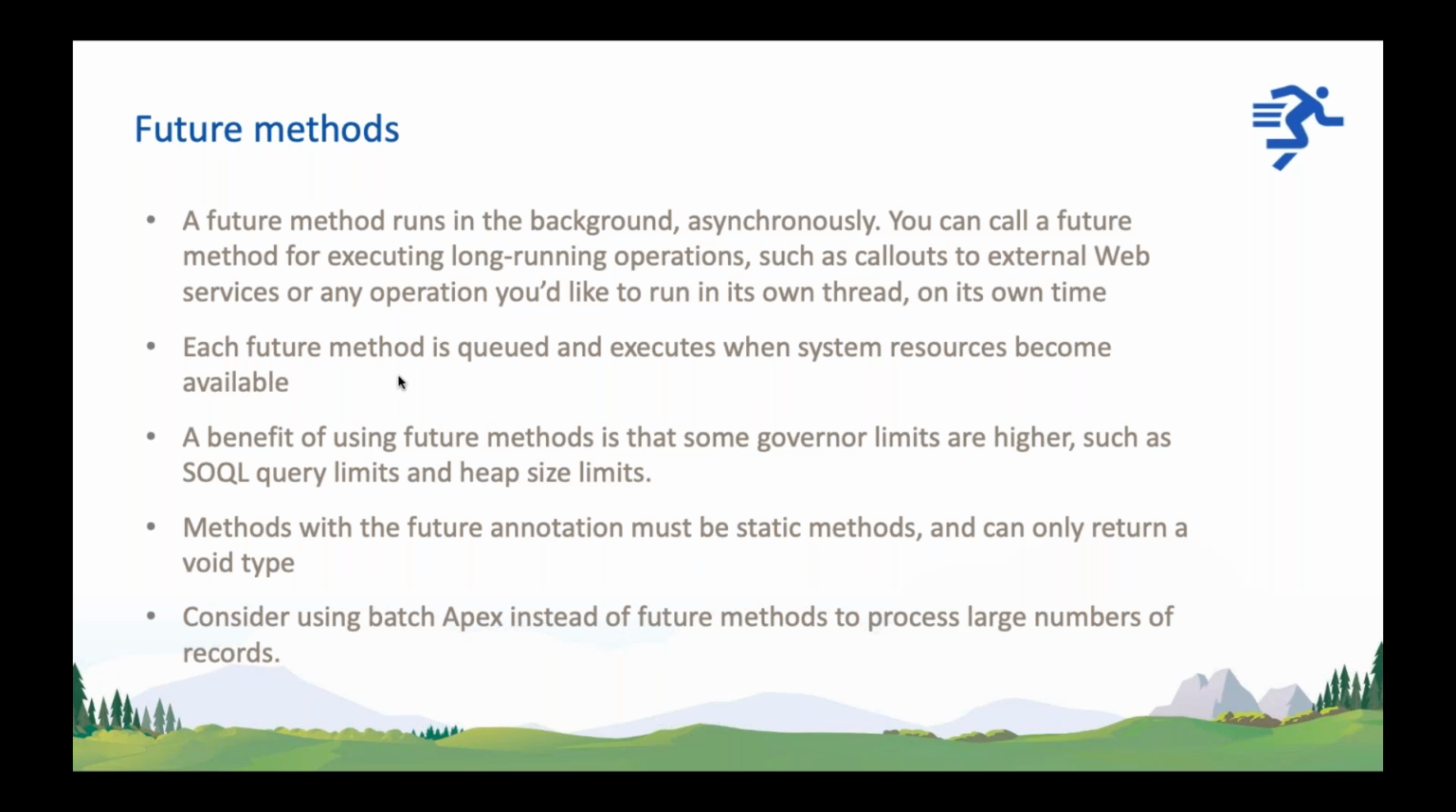So a future method will not rush. It won't execute immediately. It will be queued and it will be executed only once the resources are available. For example, a batch is running. At the same time, a future method is queued. The future method executes only when the batch is done. A benefit of using a future method is that some governor limits are higher, such as SOQL limits and heap size limits. If you remember,